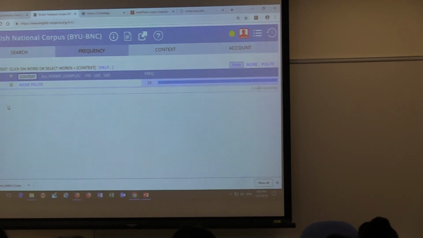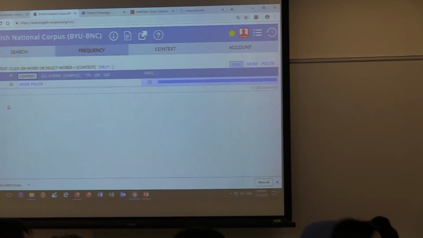Yes. But is it possible that some of the examples are wrong? Because when I click on politer, there's another grammatical mistake in the sentence. Because they're using examples from the internet, right? So some people may not be reliable when they write on the internet. True. You are right. That's why sometimes we need to take a look. We have to use our critical